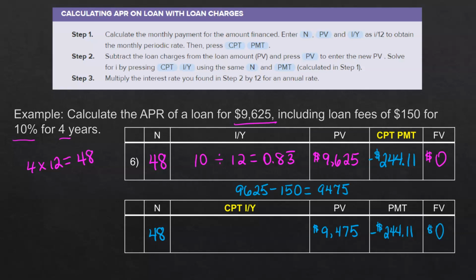Okay, now we compute our I/Y. So that's going to be 0.902682021 times 12. And we push equals to see what this interest rate is and round it to the tenths place. Now notice our original interest rate was 10, but our actual interest rate is 10.8. If we had financed just this amount instead of the other, this is how that works out. Okay, so it is a process. You may not totally understand it, but it is a thing that you can work your way through